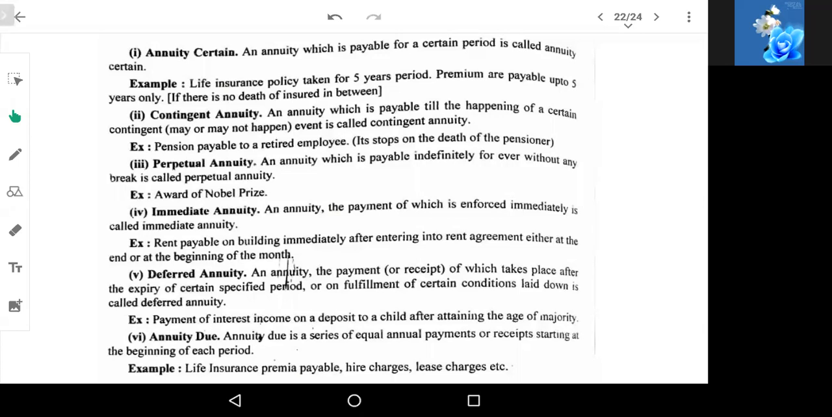Now, the next one is contingent annuity. Here the annuity is payable till the happening of a certain contingent event. Now, a contingent event may happen, may not happen. Okay, so